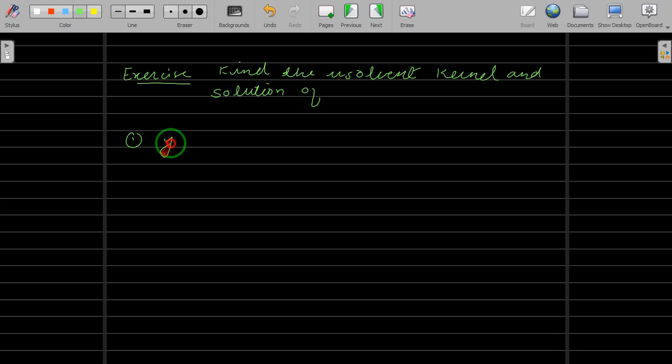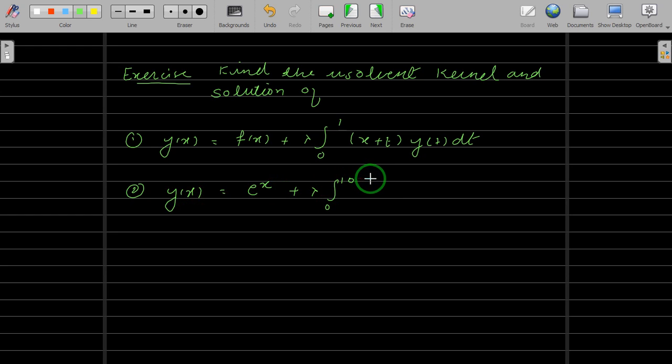First, y of x is equal to f of x plus lambda integral 0 to 1 of (x plus t) y of t dt. Second, y of x is equal to e raised to x plus lambda integral 0 to 1 of xt y of t dt. Third,